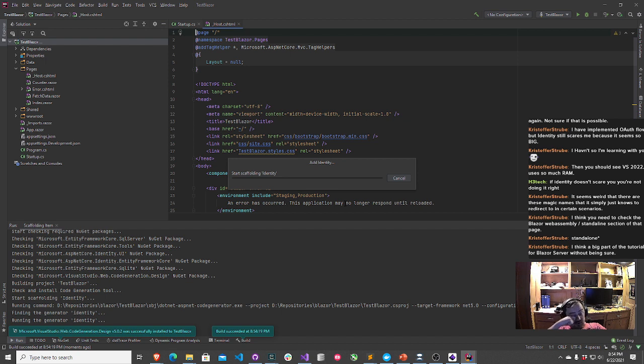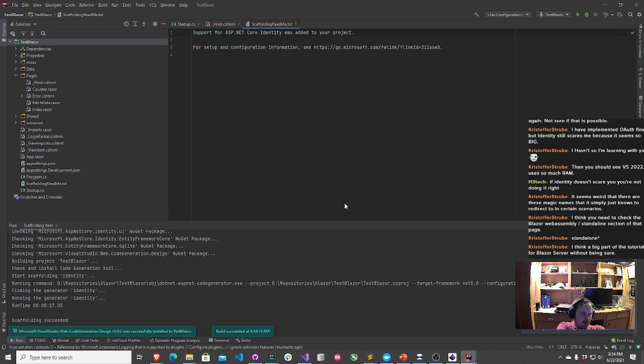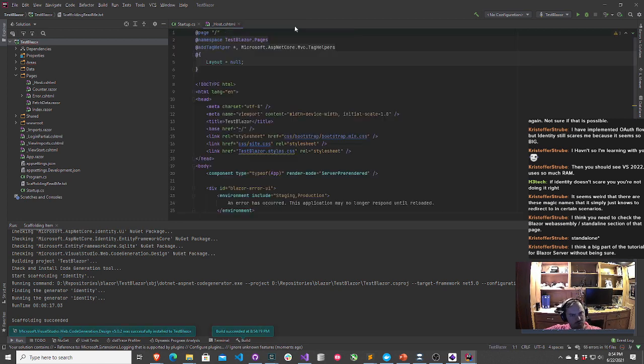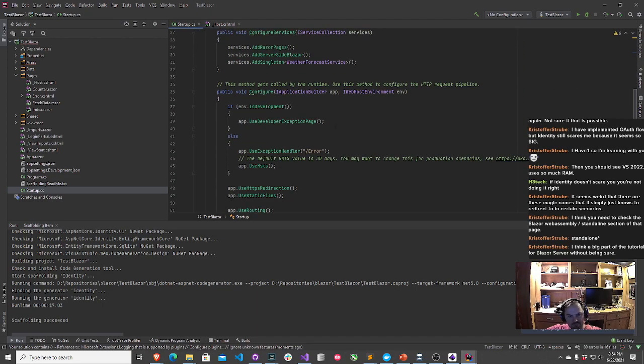I'll put it this way. It's been a lot easier to add new Blazor components and do all that stuff. The UI for Rider's been a lot better. The other thing I've been working with a lot is C# 9 and record types and all that, and Rider's support for that, including ReSharper support, is just second to none. That's been working really well.